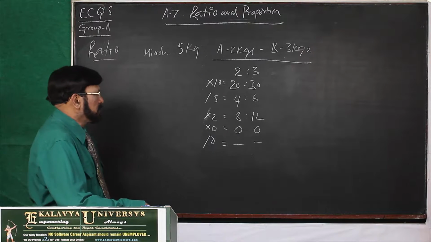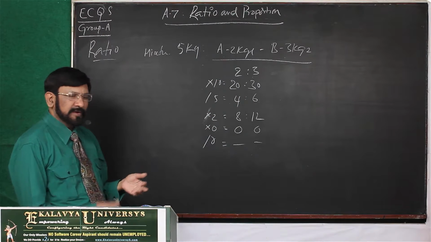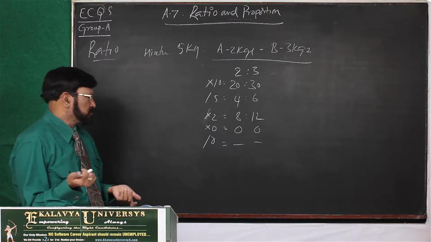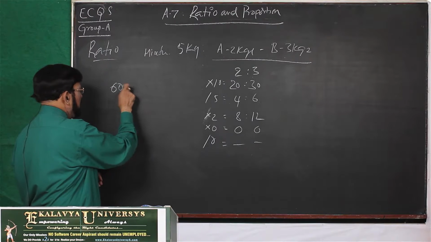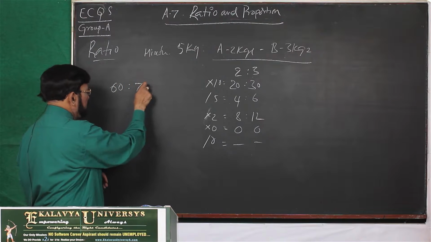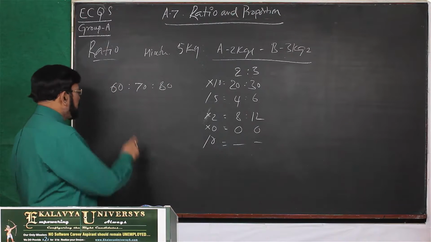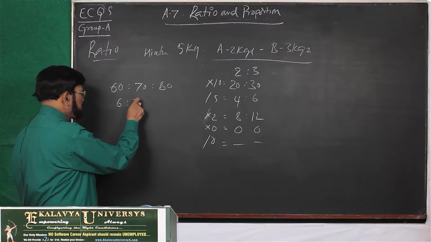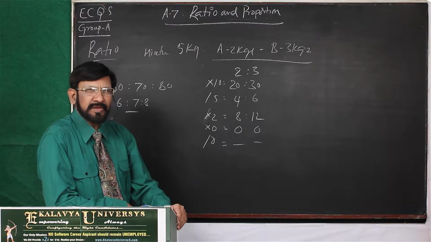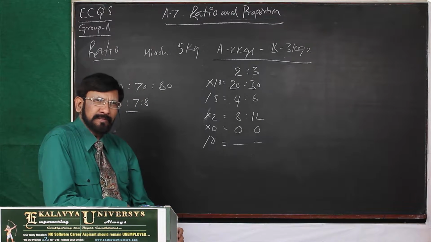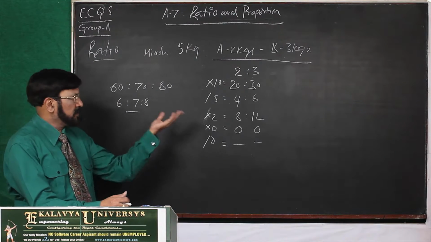And one more point I have to tell you. Here in this example I showed you 2 quantities, but a ratio can be created with 2 or more. Suppose in your quarterly exam you got 60%, in your half yearly exam you got 70%, and in your annual exam you got 80%. Then it can be expressed as 6:7:8. So this is the simple way of expressing the ratios of elements in any mixture or in any unit.